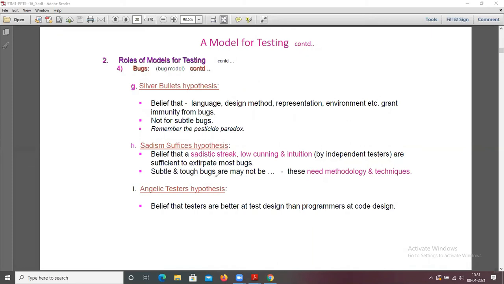Subtle and tough bugs may not be. These need methodologies and techniques. Then the angelic testers hypothesis: the belief that testers are better at test design than programmers at code design. So these are the different types of bug hypotheses.